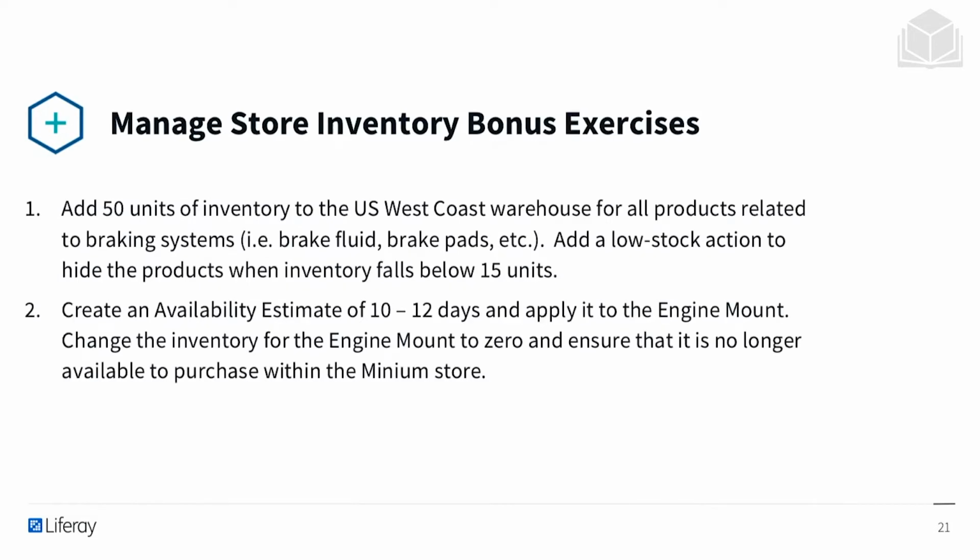There are a couple of bonus steps for this exercise. Firstly, you could add 50 units of inventory to the US West Coast warehouse for all products related to the braking systems. That's brake fluid, brake pads, etc. You could also add a low stock action to hide the products when the inventory falls below 15 units. Secondly, you could create availability estimates of 10 to 12 days and apply it to the engine mount. Change the inventory for engine mount to 0 and ensure that it is no longer available to purchase within the